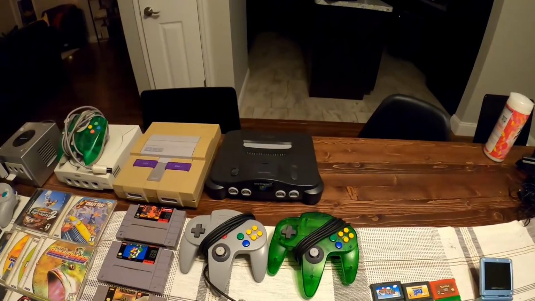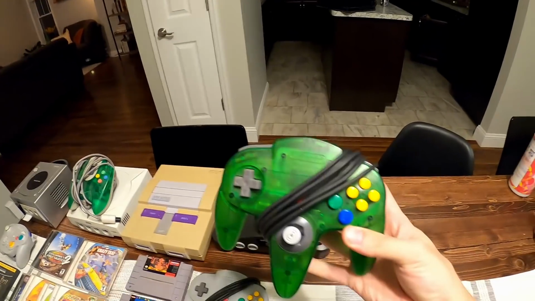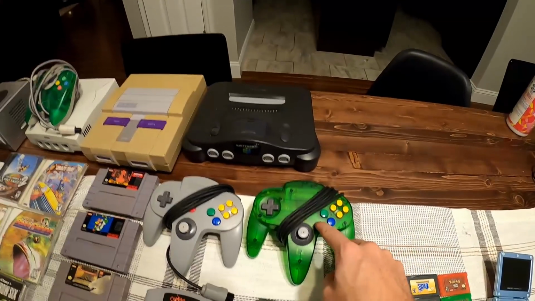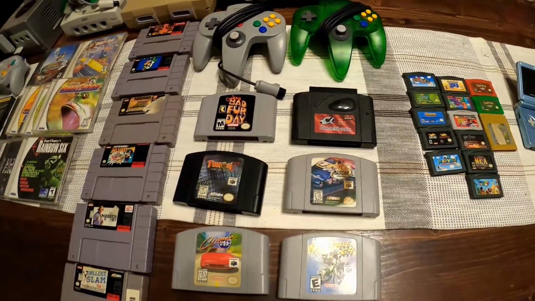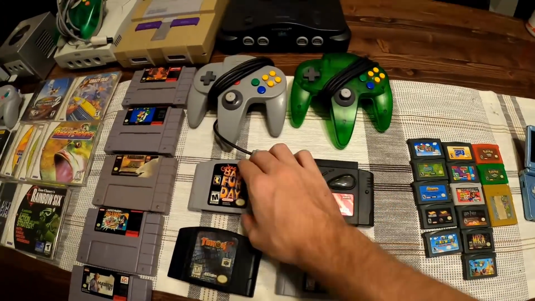All right, moving right along, then we have the 64 bundle. This is tested and working, and it has a really nice OEM jungle green controller with it. Nice stick and everything, so that is a really good bonus. And then for the games, we've got a bunch of meh stuff right here, a decent Game Shark, but what